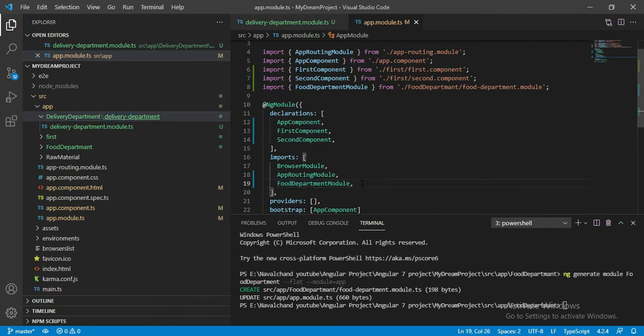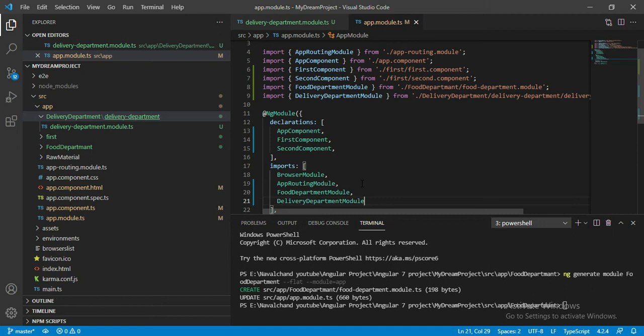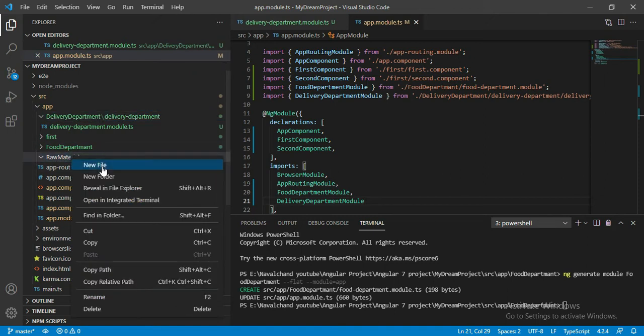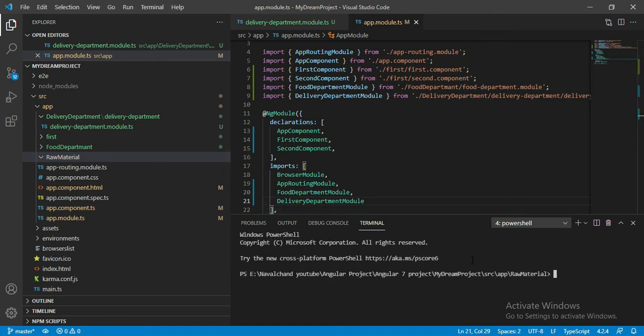Let me add that manually. We have to add the delivery department model manually. Let me create one more, that one is the raw material. Let's open the integrated terminal and paste here. Let me change this name to raw material and press enter.